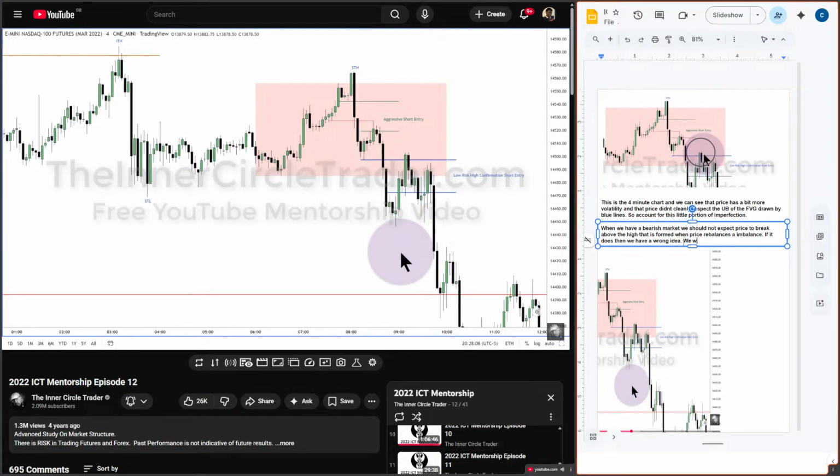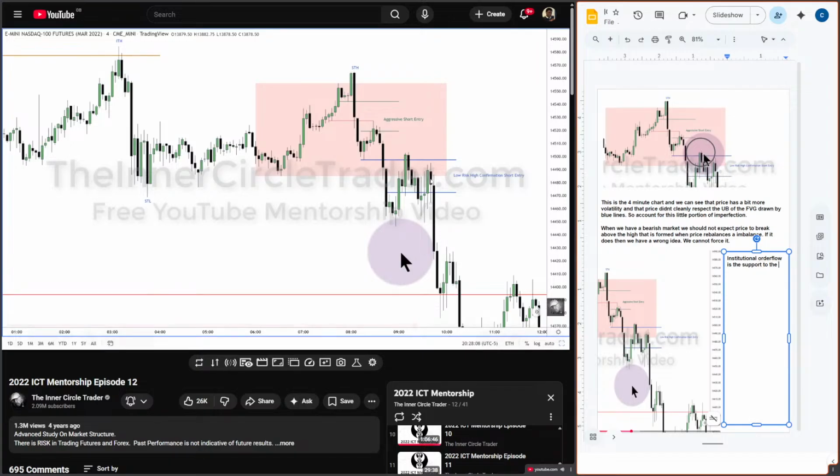I taught you institutional order flow, which, as I've already mentioned in previous lessons, is where we're bullish and we're expecting price to swing higher. Generally, there are not a lot of down closed candles in that price swing higher, but those down closed candles should support price should it trade back down into them, and not see them overlapped and always going down below. If it does, it's only permissible if there's a short-term low in close proximity to it, and it's then likely to just go down and take out some sell stops if it's bullish and then reaccumulate and go higher. If there is no swing low, there would be no sell side below it, so there's nothing to concern yourself with. Just look for down closed candles.